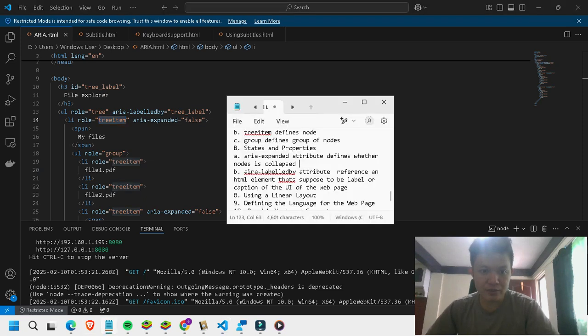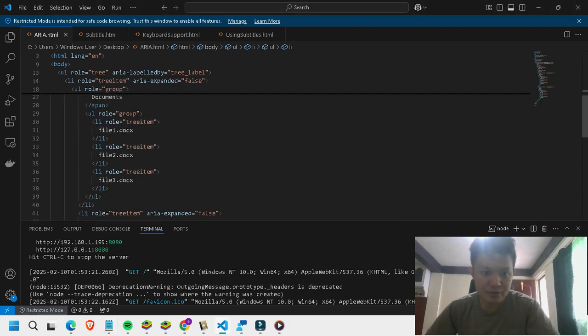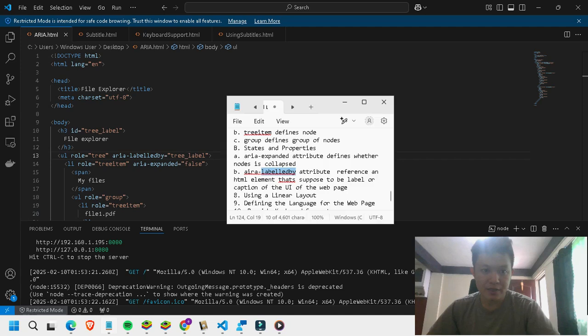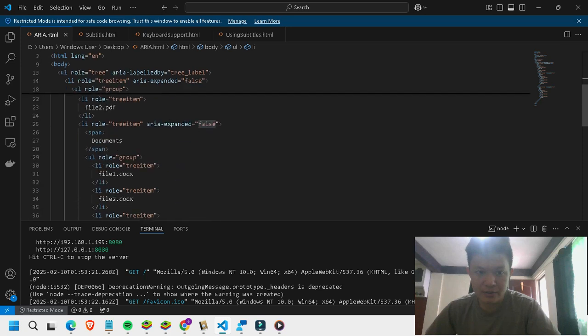This is the example here. Tree label, ARIA labelledby, aria-expanded false. So it's false for this element.